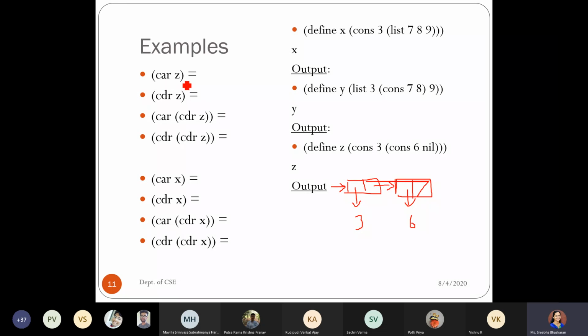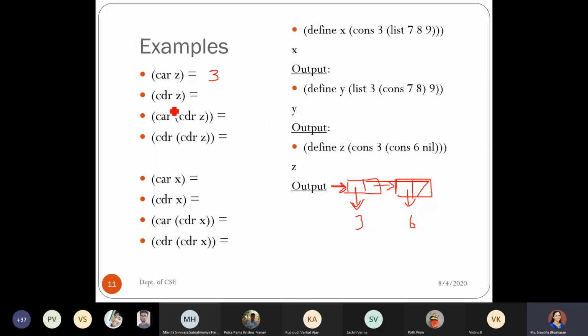So car of Z, when we say, is nothing but the first part, so from the beginning, this pointer which is the beginning of our box pointer. So from this entire content, the first part. When you see the first part of it, which one will you have? The first part is this part, which is going to return a single data. So it will be 3.